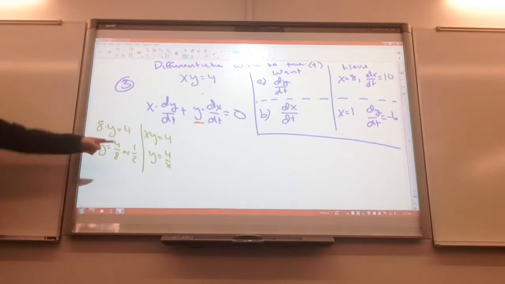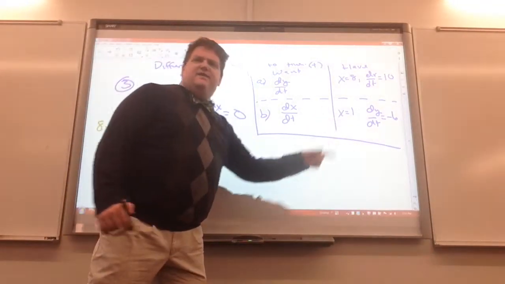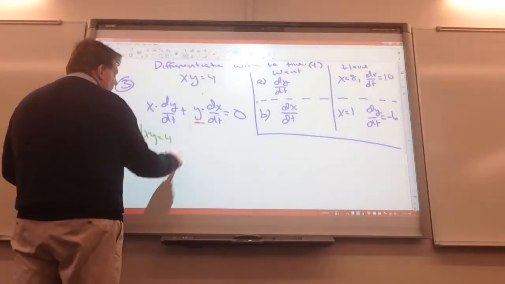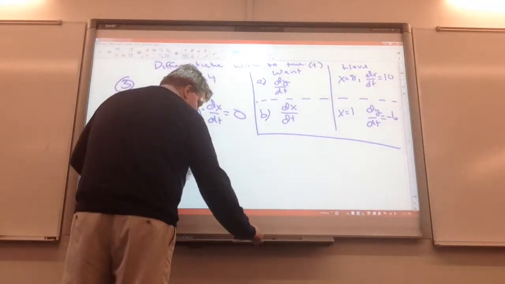But note that you could do it either way, okay? What I'm going to do is, because I'm going to be needing a y and doing b as well, I'm actually going to replace y with 4 over x, okay? Which is what I was given. So I'm going to rewrite this then